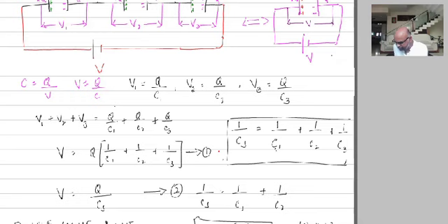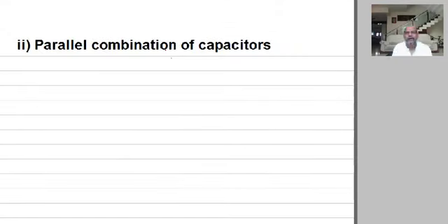And now we will go for another combination, and this another combination is also quite simple, and that is known as parallel combination of capacitors. Once we have learnt the series combination of capacitors, parallel combination becomes easy. Always try to analyze and learn, compare and learn, so that it will be easy for you to remember. Compare the series combination and parallel combination, and it will be easy for you to remember and also reproduce the things. Okay, parallel combination of capacitors.